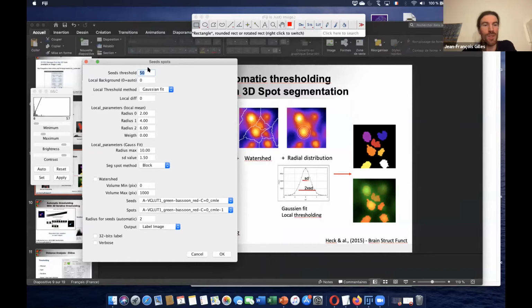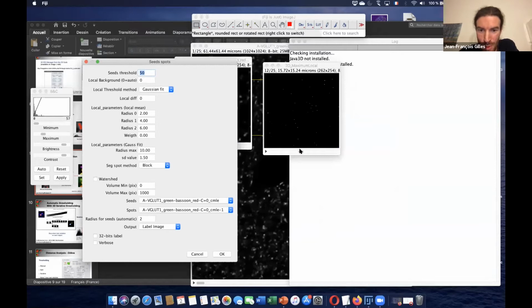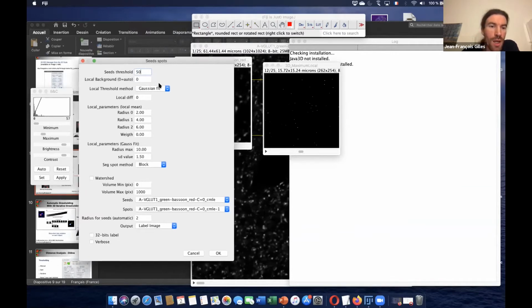First, as you can see, there are some points that can be in the background, and we can avoid those values by doing a threshold on the maximum we have found, and avoid the lowest signal. There are different algorithms to do this, but I will focus on the Gaussian fit.